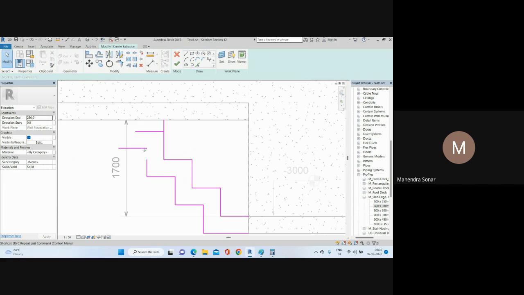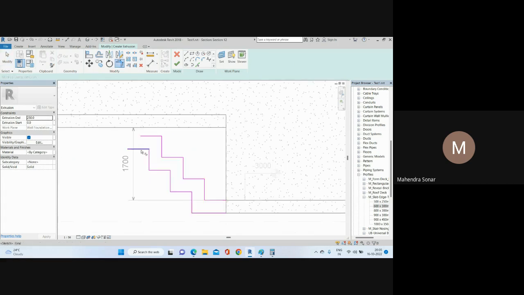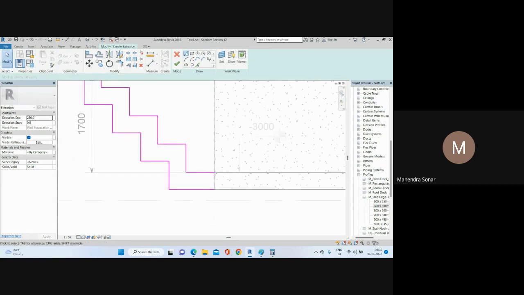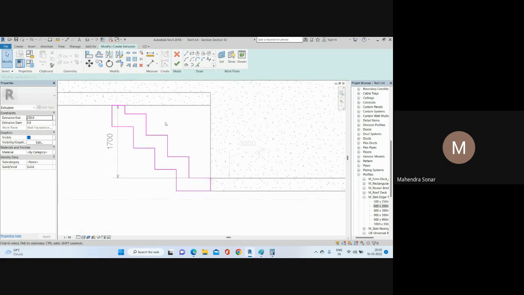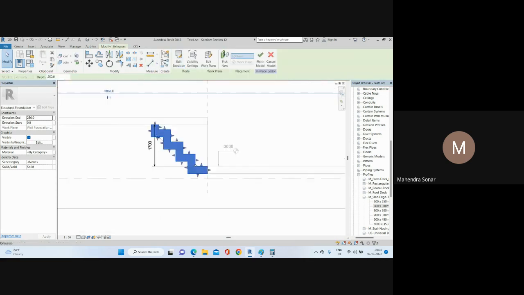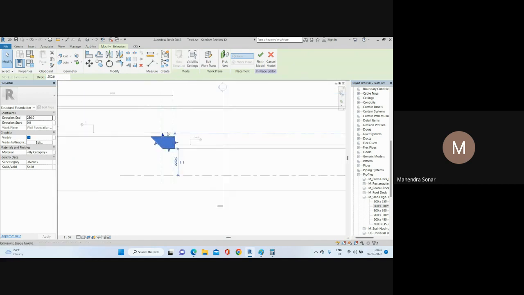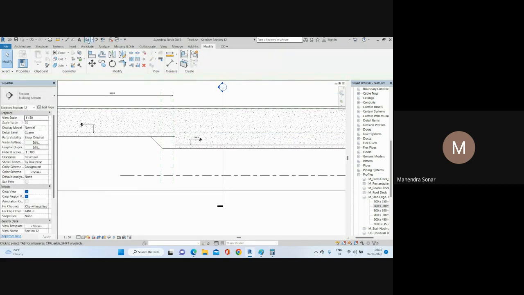You can add here, trim, then trim here, and lastly you can match the bottom of the slab. So this type of footing I want to create here, right? And after that, if you click here, okay, this shape has been added here, both the location and finish. If you look at it in 3D,